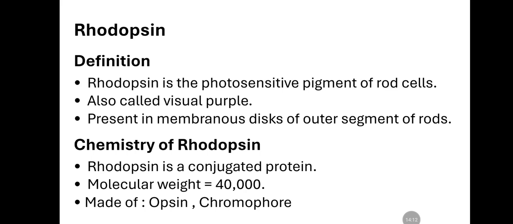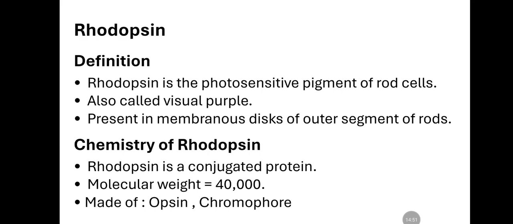Rhodopsin. Definition. Rhodopsin is the photosensitive pigment of rod cell, also called visual purple, present in membranous discs of outer segment of rod. Chemistry of rhodopsin. Rhodopsin is a conjugated protein. Molecular weight is 40,000, made of opsin,